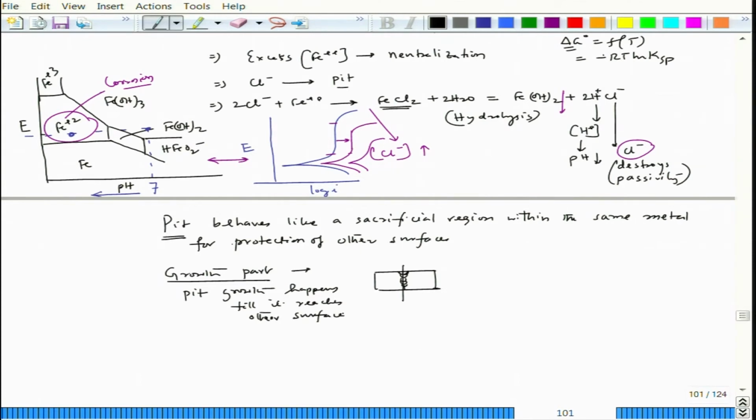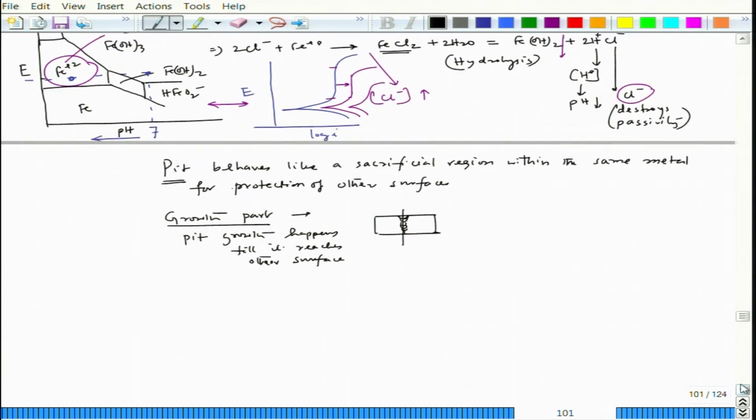Fine. So, this is a typical nature of it. Even in the case of grooves, the groove stops when the entire metal section is perforated. Now, coming to the initiation part. As we have indicated before, initiation can happen on a weak spot on the metal surface. So, that weak spot could be compositional